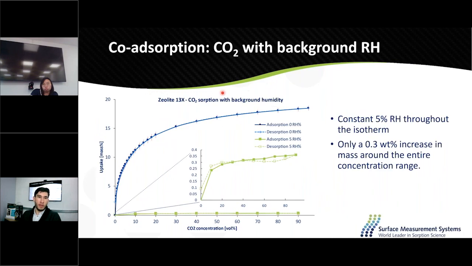If we record a second isotherm with a background of just 5% relative humidity, based off the wet mass, we only see a 0.3% increase in uptake. So if we're looking at just the weight, the uptake decreases by around 10 times, and we think that the total uptake of CO2 is around 0.3. But if we look closely at the kinetics of this isotherm,